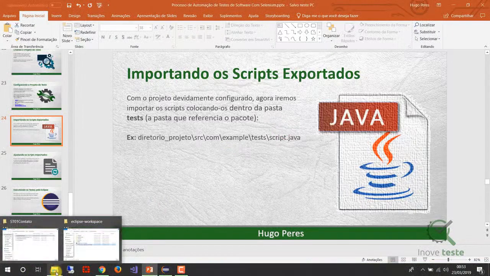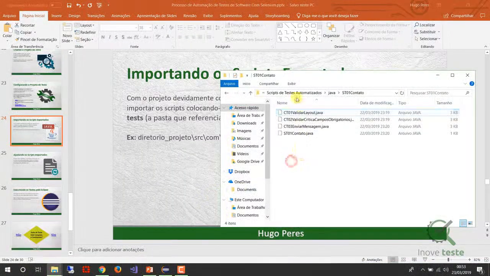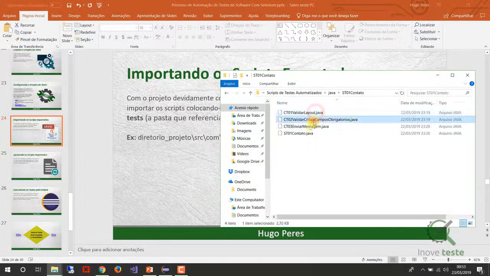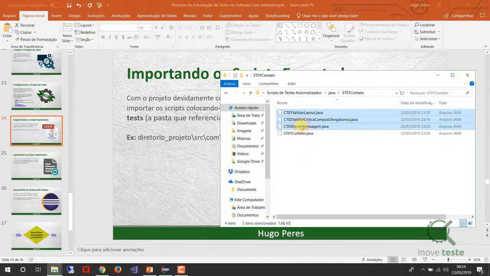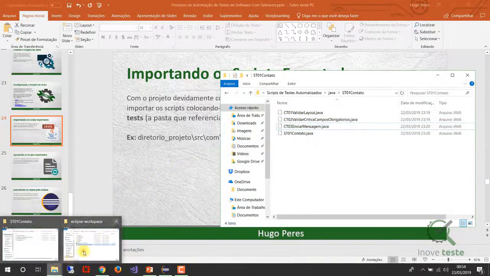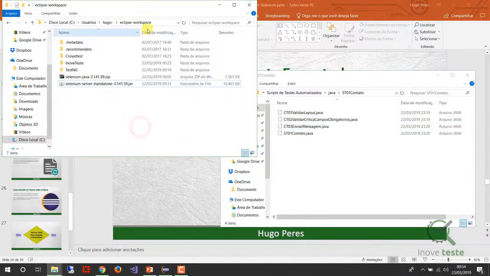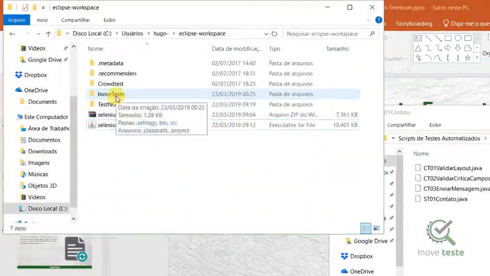So I'm going to access here my folder containing the exported scripts. Here are the 3 test cases and the suite, and in this case I'm not going to include the suite, only test cases. So I will copy these 3. I go to the folder of my project that is there in the Eclipse workspace users folder. I will access the folder here, Inove Teste,